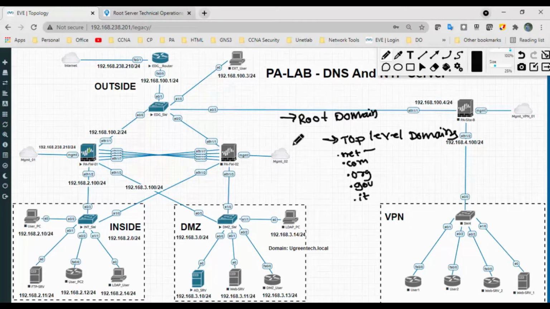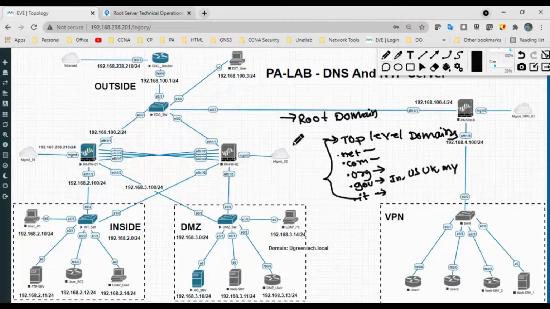Basically .net and .com are at organization level, and there are country domains like India .in, .us, .uk, .my, and so forth. These are all called top level domains.